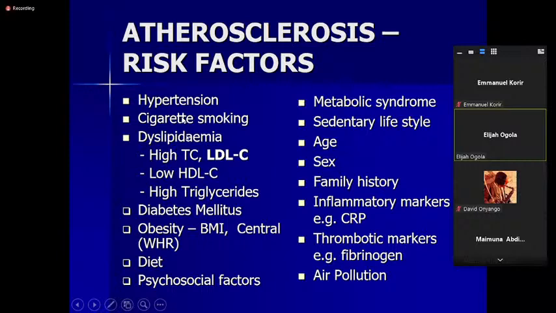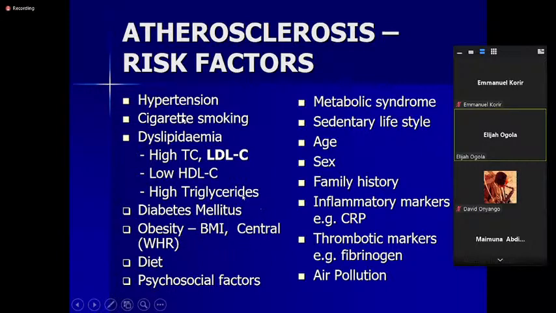And then there's the lipid abnormalities. And with respect to the lipid abnormalities, they're important because, as you probably know from your biochemistry, there are many components to the lipids that we have. So the important risk factors is if you have a high total cholesterol, a high low-density lipoprotein cholesterol, a low high-density lipoprotein cholesterol, or high triglycerides. Then diabetes,